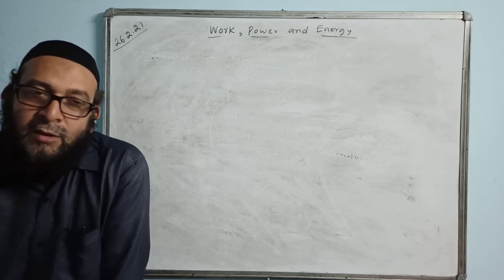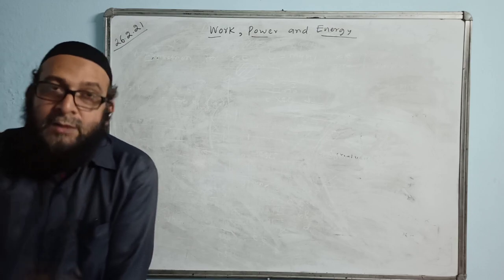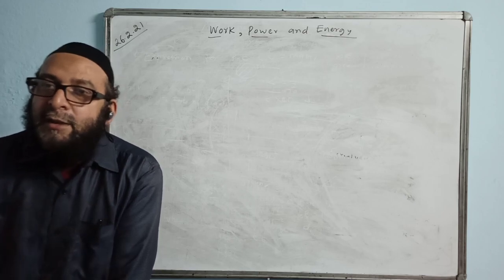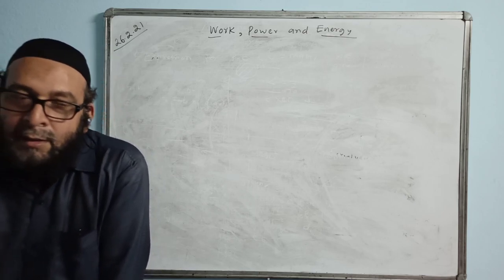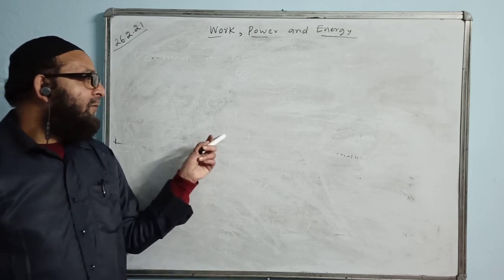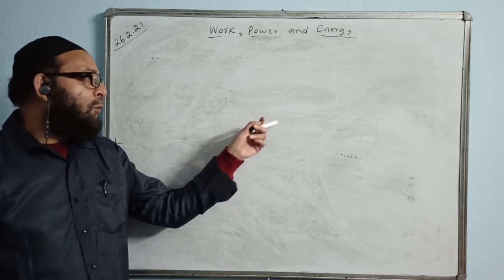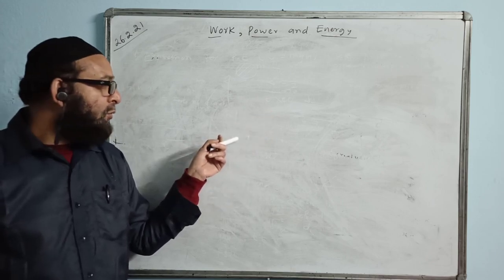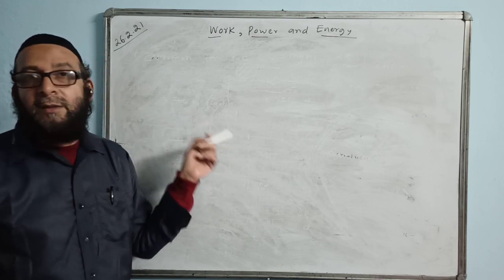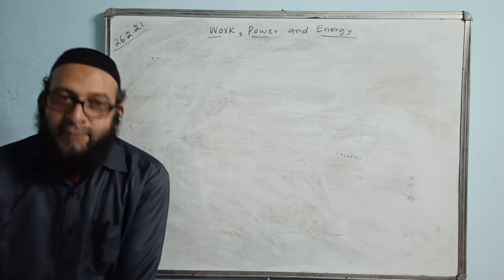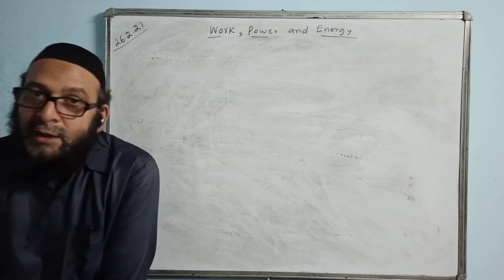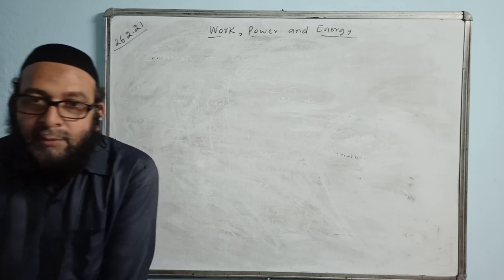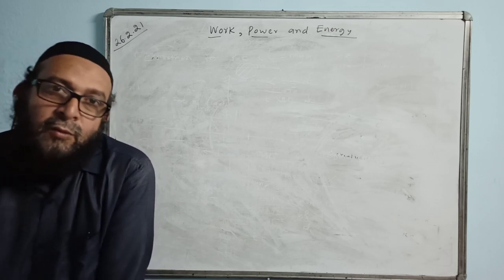So there are many cases that you can think and answer. When a body is falling down, what energy conversion takes place? Potential energy decreases, but the kinetic energy increases. We say potential to kinetic. The bob of a pendulum, when it goes from the extreme point to the mean position, what energy conversion? Potential changes to kinetic, and when it goes from the mean position to the extreme point, then kinetic will change into potential. When we throw a piece of stone upward, what energy conversion takes place? We have to give kinetic energy, and it becomes potential when it reaches the maximum height. Yes. So this kind of conversion you have to do.